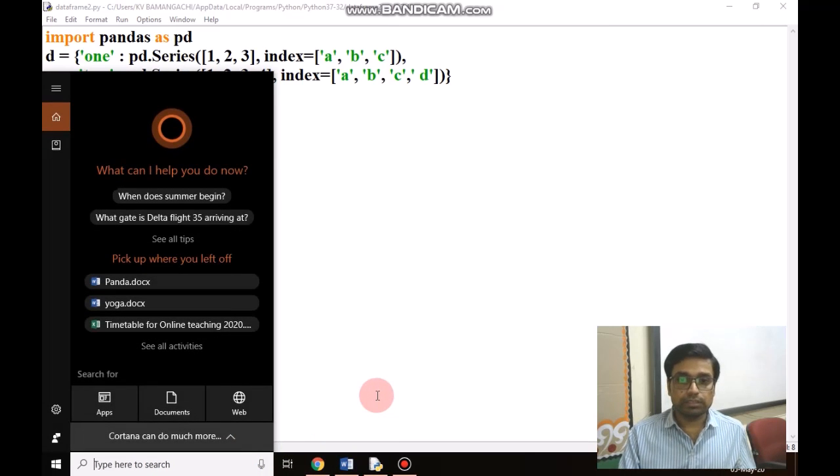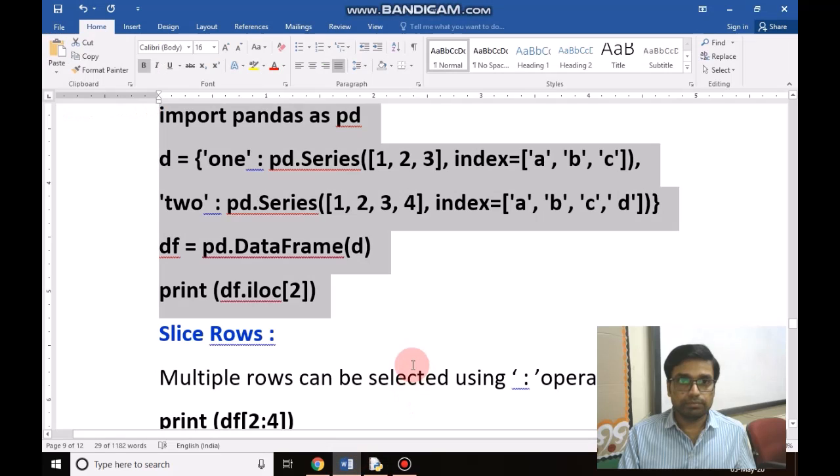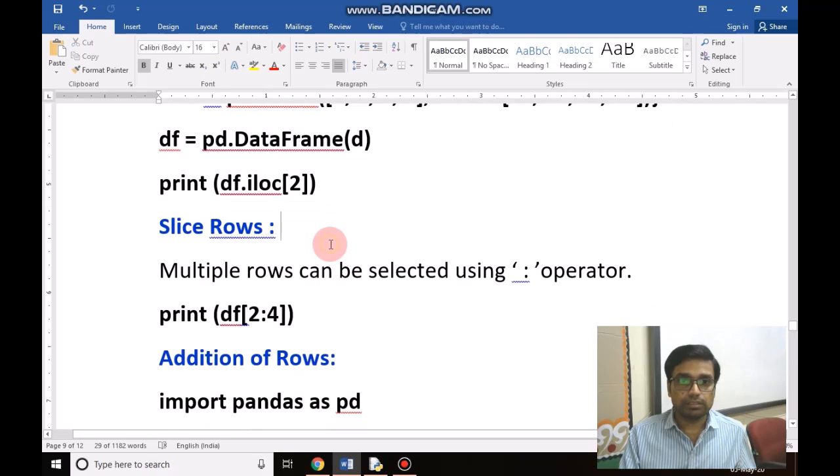The next method is to slice a row. Slicing a row, if we use a colon sign with df, we can start with any number and end with any number, then it will give some output.